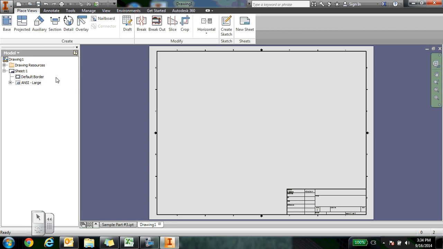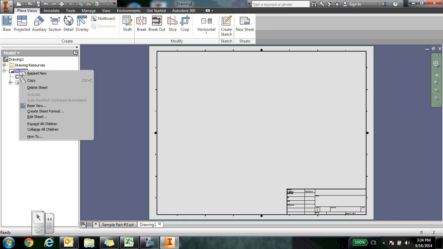Now the first thing we have to do is change a couple of these settings. This is super important. So if you guys want to write these steps down, you can write them down in your notes, and that way you'll remember them every day. Because we're going to be making lots of orthographics, and if you don't do these steps first, it's not going to print right. So after you open your Standard IDW, you have to come over here to your browser and